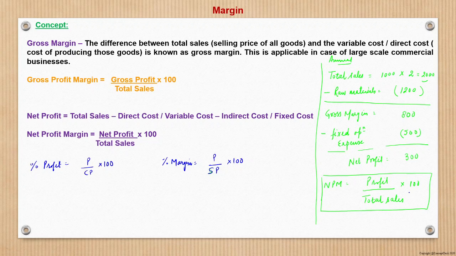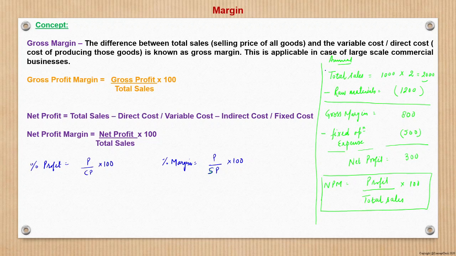Now margin is a term which is generally not used in retail parlance. A retail medicine shop will not say what is the margin or something. Whereas Tata Steel selling a product will be using a profit margin, right? So that is a basic difference. However, in terms of profit and loss, we will take some illustrations to understand the differences between profit margin and profit percent, and maybe we'll try to understand even further.